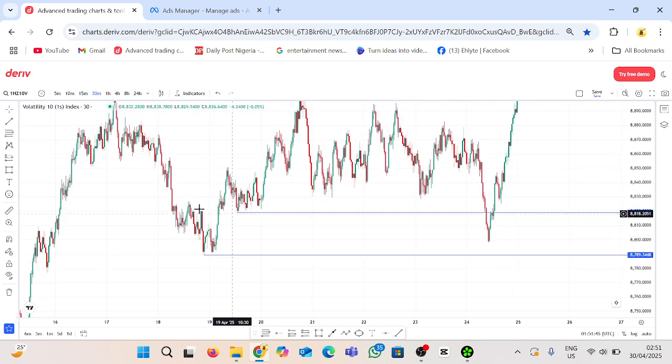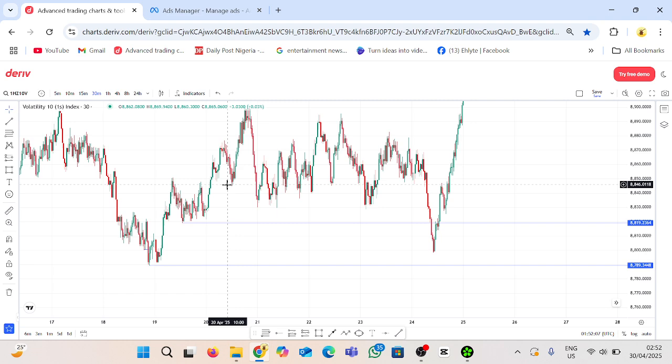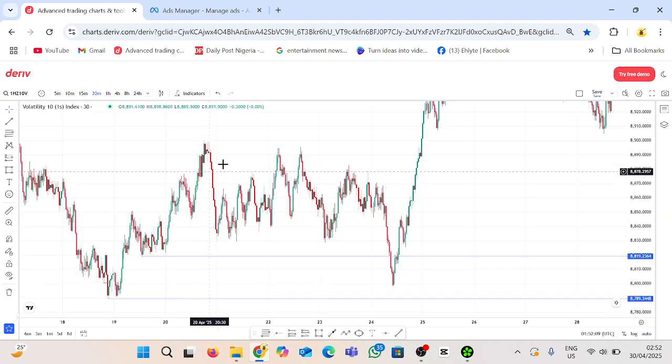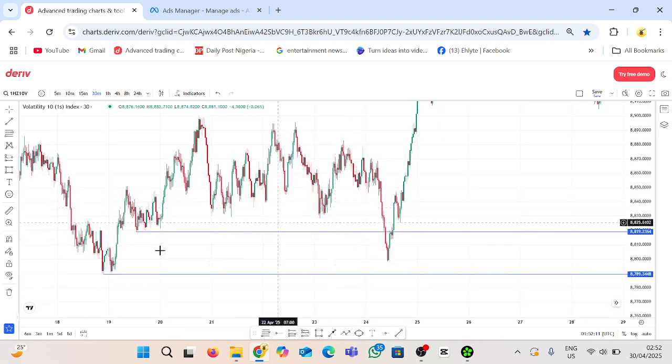We have first break of structure. This is our first liquidity, and it has been swept to the opposite direction. Price gives us our 50% retracement and breaks another structure. This is the first break of structure, and this is the second break of structure. And then what did price do? After all those movements, price comes back and takes out this structural liquidity.